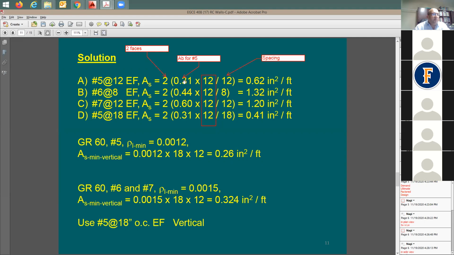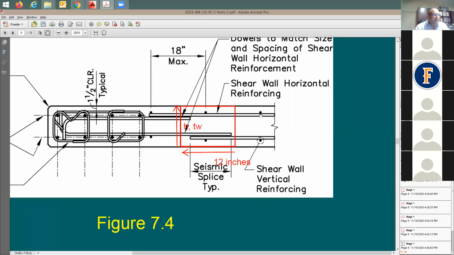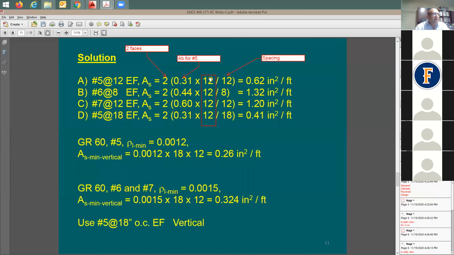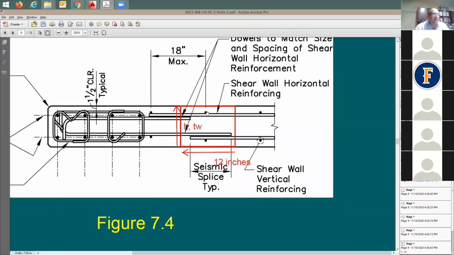If you take 2 times 0.31, it means the cross-section area of 2 rebars. These 2 rebars, right? Now divided by 12 inches, which is the spacing. You see from here to there, let's say it's going to be 12 inches. As if you're taking this rebar and making it flat, something like this, very thin. And then you come back and say for each 1 inch of the wall length, how much is